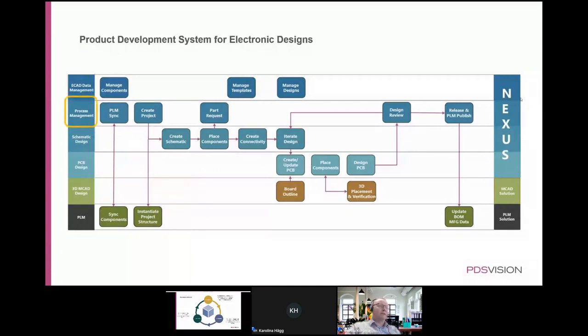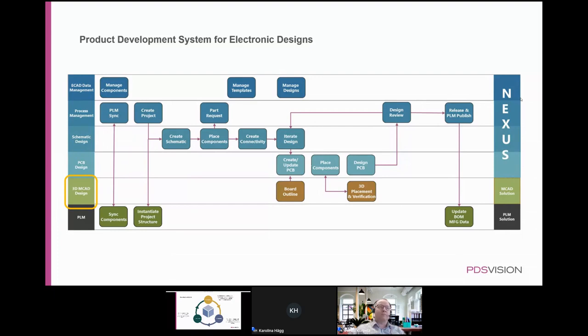As mentioned, the system needs to support managing our design files and the template files and the components. It helps us with different processes or workflows, and we will be discussing today briefly one of them being a part request, new part introduction workflow. That is a sample process that we will touch briefly today. And then it will for sure need to support our actual design work. So the most of the work that happens during the design within the team, we are sharing data, we are updating data, and we are exchanging that data with the 3D CAD system that we will also discuss a little